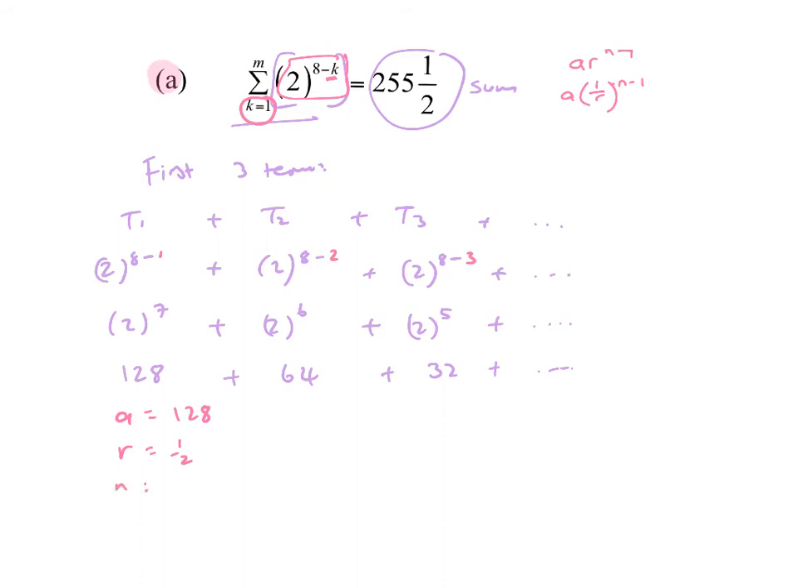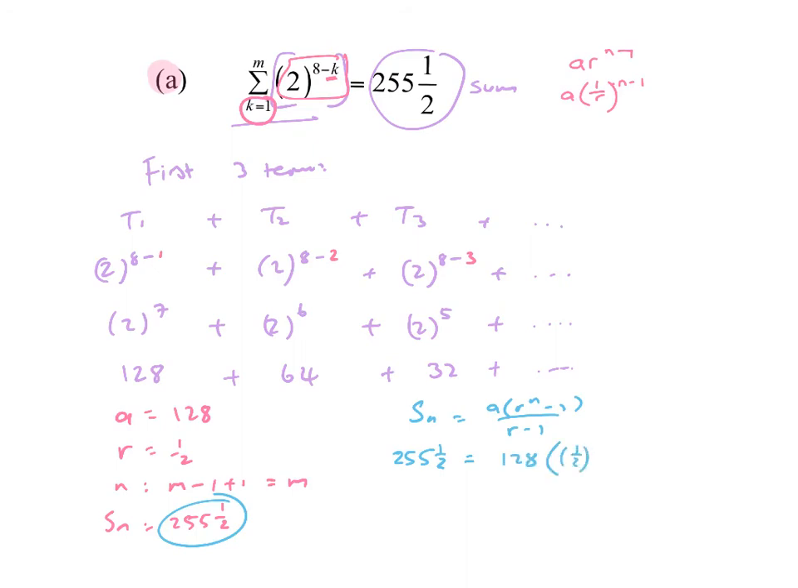n is equal to m minus 1 plus 1, right? Top counter minus bottom counter plus 1 is equal to m. And we know what the sum of those certain number of terms is equal to. It's 255 and a half. Let's go for it. So Sn is equal to a r to the n minus 1 over r minus 1. I know what the sum is, so 255 and a half is equal to a, which is 128. The ratio is a half to the power of n, which is m,